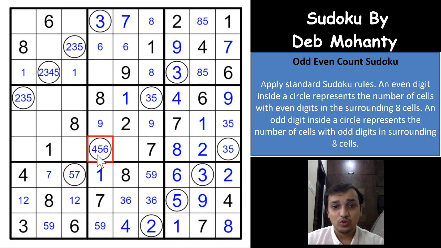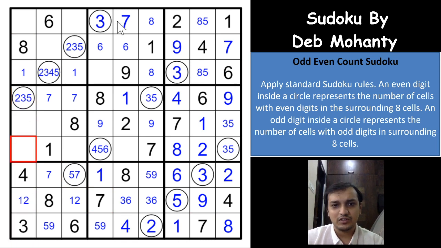Superb. This is really an excellent Sudoku, I would say. Very tough one. And 7 has to be in one of these two cells, right? Because 7 here and here will give you 7 in these two cells. Same way, 7 here and here has given you 7 in these two cells, which means this column has 7 only in one place to go.